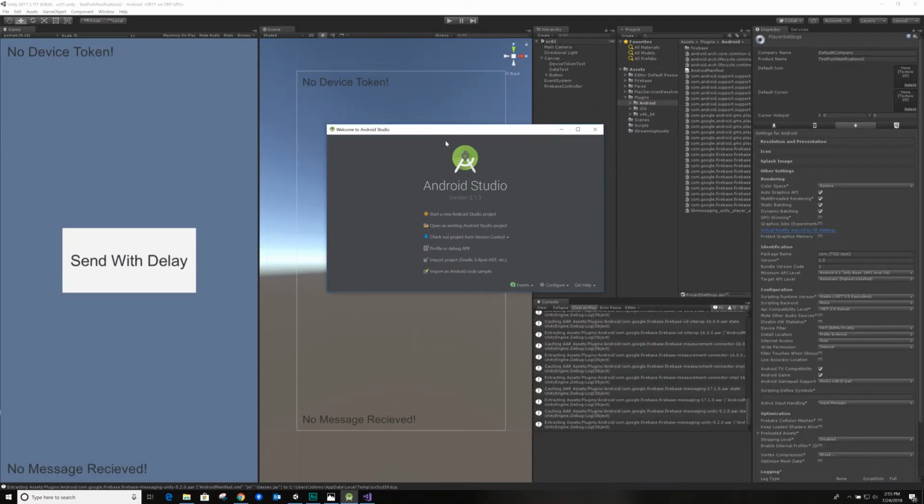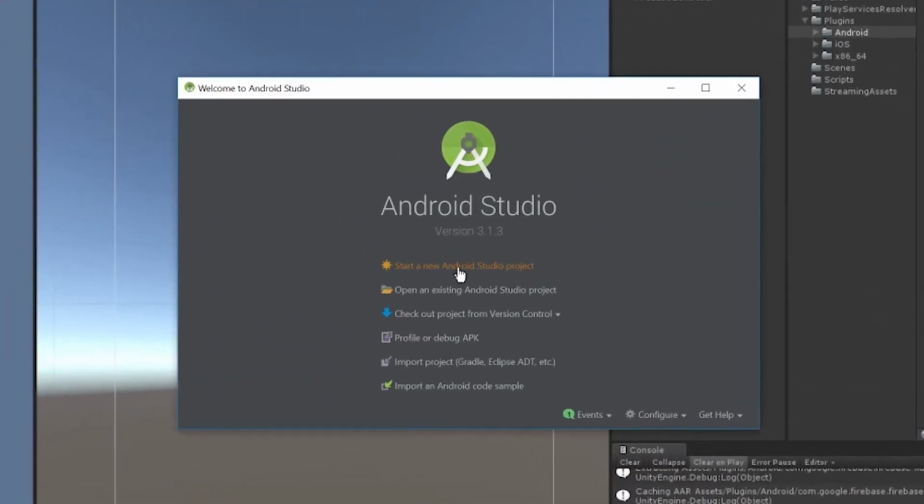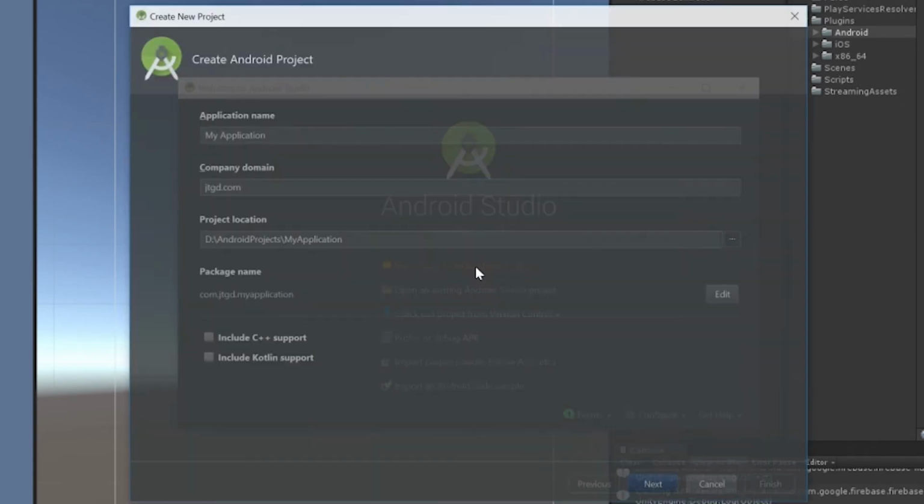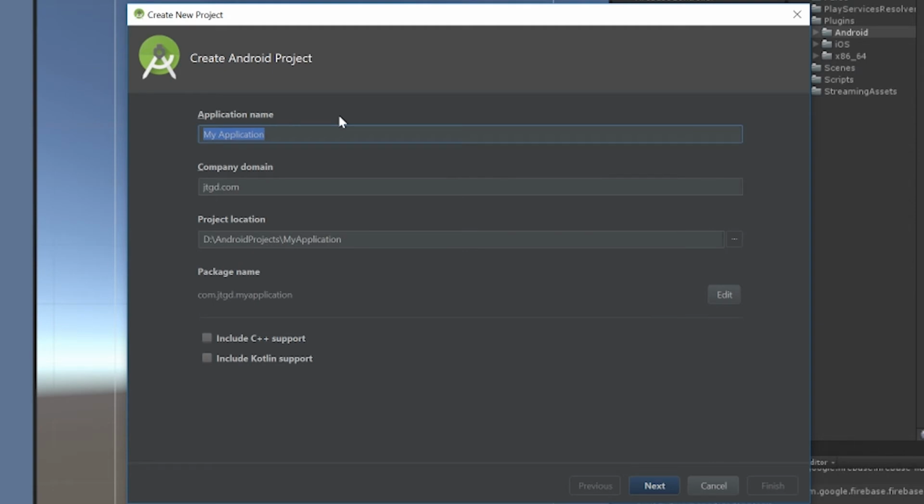Alright, so now let's open up Android Studio, and we're going to just start a new Android Studio project, just with nothing in it at all. For our application name, we can just put FCM_helper. Now for company domain, again, we want to make sure this is exactly the same as we have it